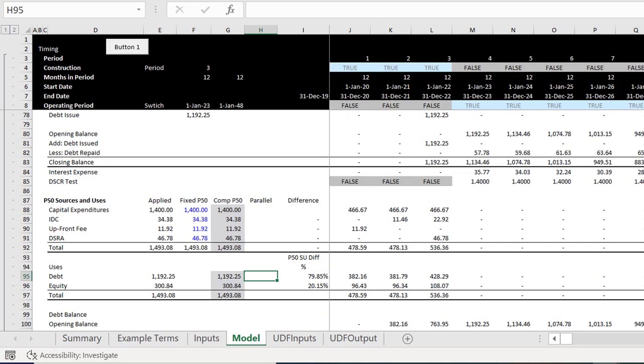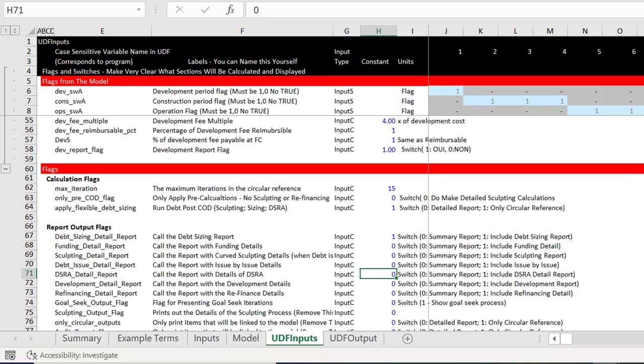Now I paused because I was terrified, but look at this. The P50 gave us the 1192. It gave us the 1192. Now, what I'm going to do in a minute is copy these two sheets and do exactly the same two sheets with the